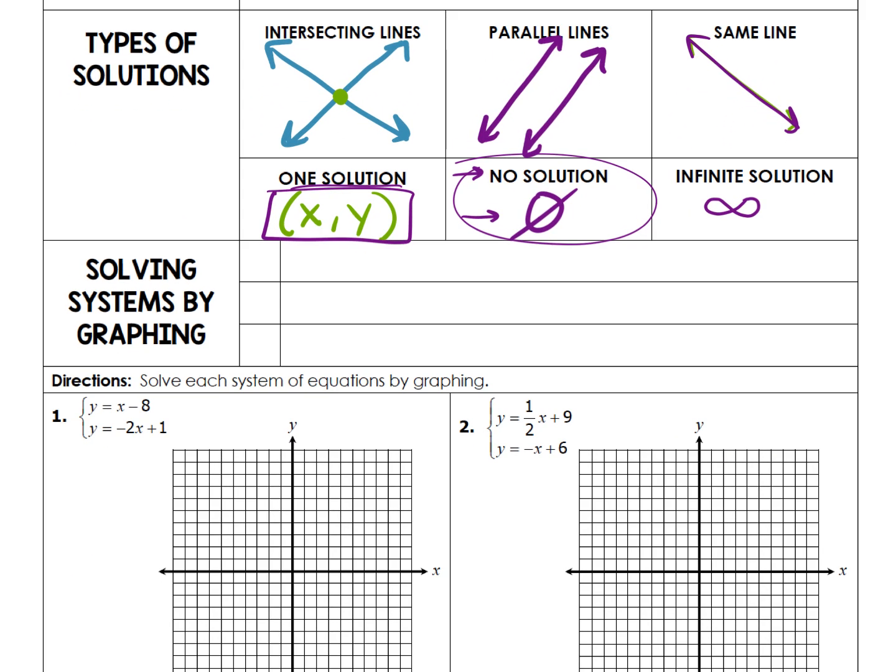Okay, so here's what we're gonna do. We are gonna solve these systems by graphing the lines. And there are 3 steps that we're gonna follow to make sure that we are doing that the correct way. Step number 1 is, if needed, this one's not always necessary, but if we need to, we're gonna rewrite the equations